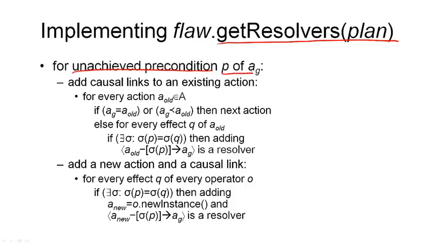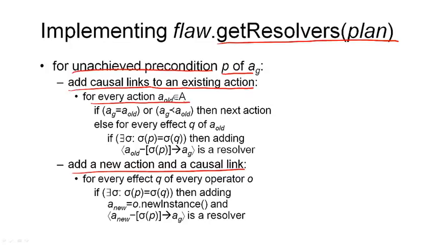And there are two principal ways in which this type of flaw can be removed from the plan, in which way it can be resolved. Namely, by adding a causal link and by adding a new action and a causal link. Let's start with the causal link alone. This is a causal link to an existing action. So what we've got to do is see whether there's an existing action in our plan. So we go through all our existing actions in the plan to check whether they can be a provider for